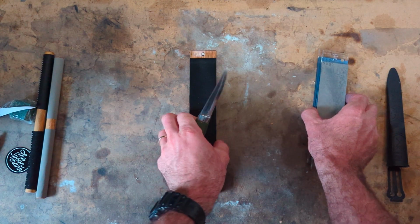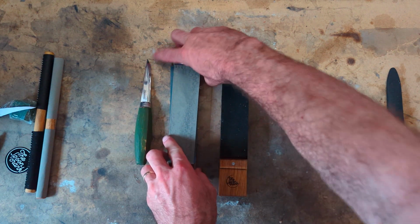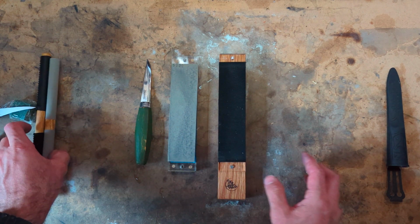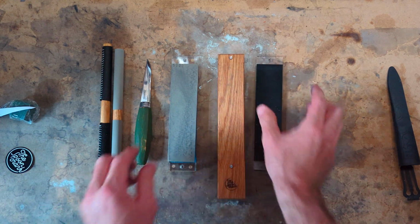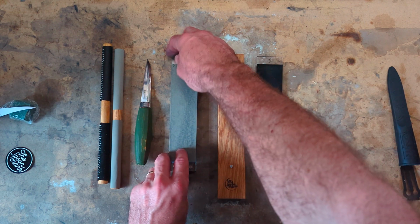So my thoughts. This is a fantastic product, to be honest. Especially if you're someone who needs limited amount of space, you might be taking this traveling. Lots of different reasons. It's really efficient. It's really easy to just kind of slap things on and off. I suppose the one thing that somebody could say is that